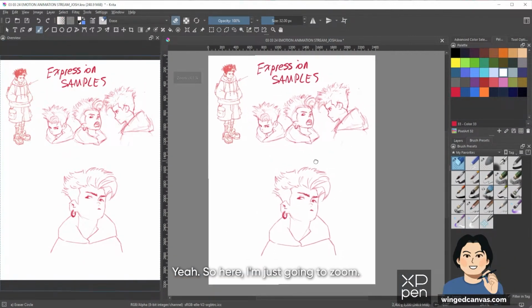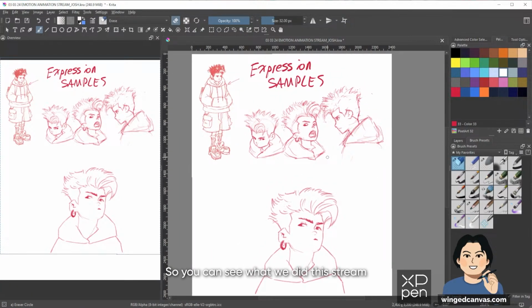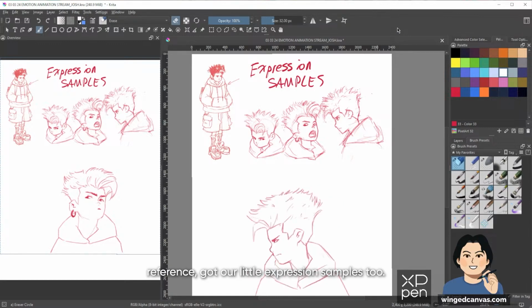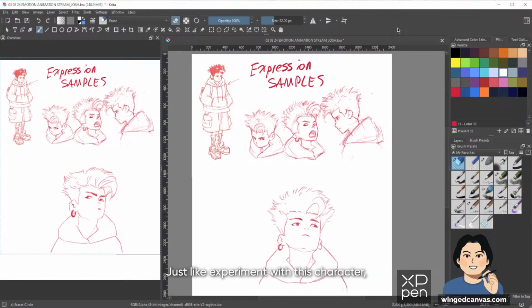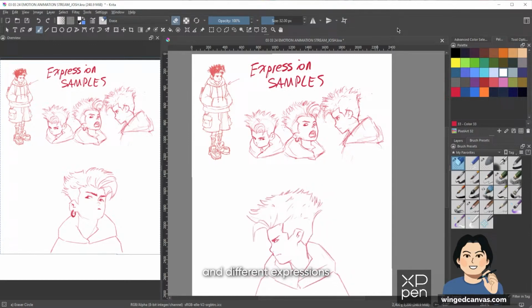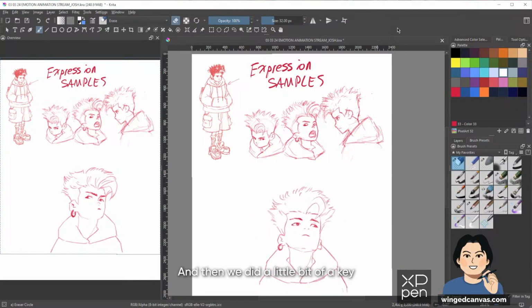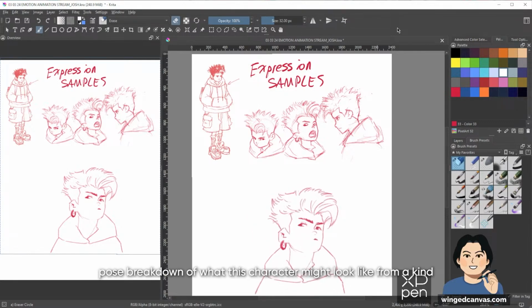Yeah, so here, I'm just gonna zoom so you can see what we did this stream. We got our reference, and our little expression samples to experiment with this character, see what this character might look like in different angles and different expressions, just to further explore how this character might look. And then we did a key pose breakdown.